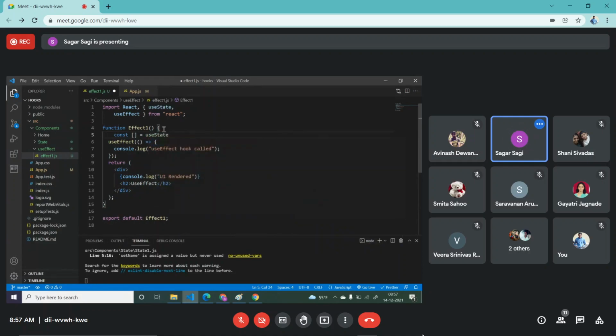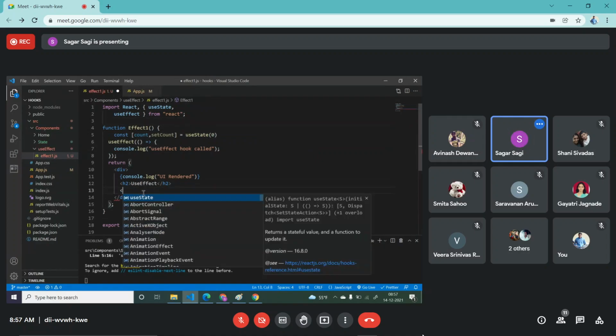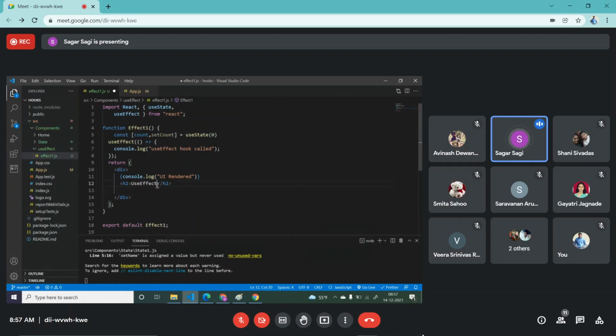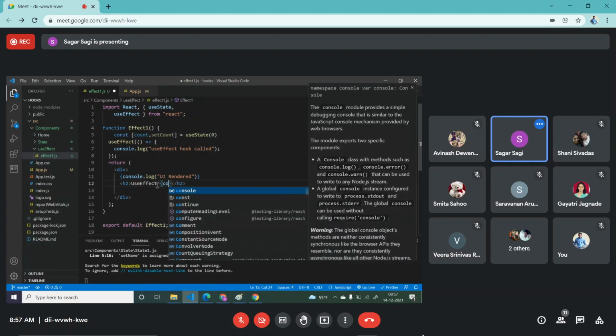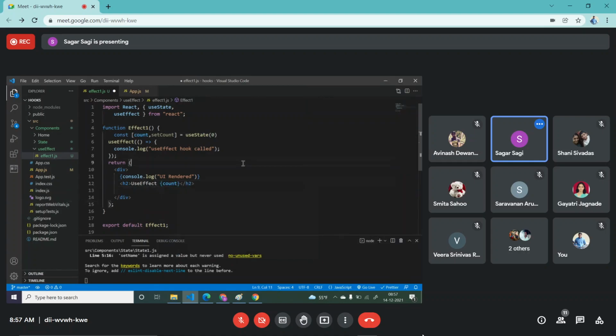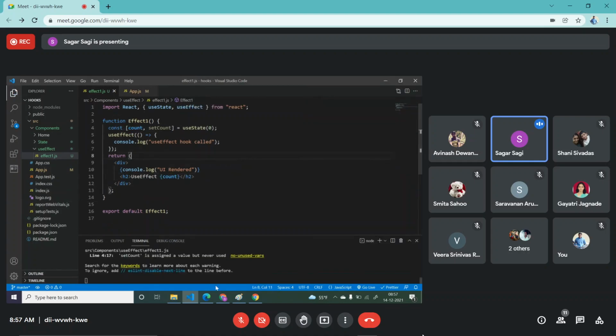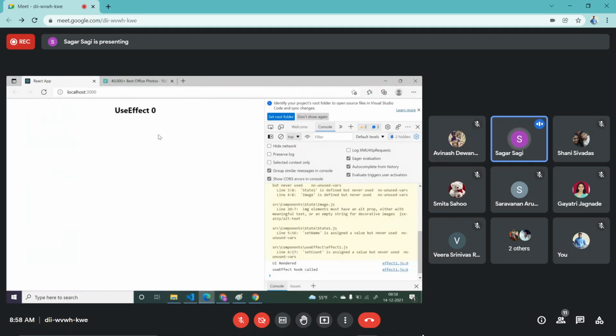Initially I'm saying 0, and here I'm writing count, comma, setCount. Now here, simply I will write something like count. Save it. Now we got here 0.